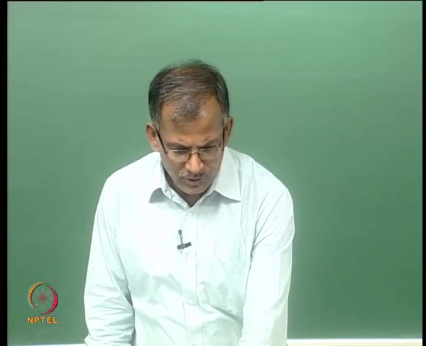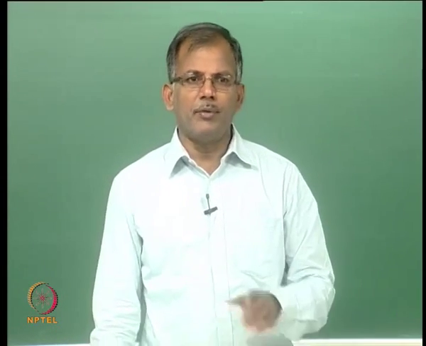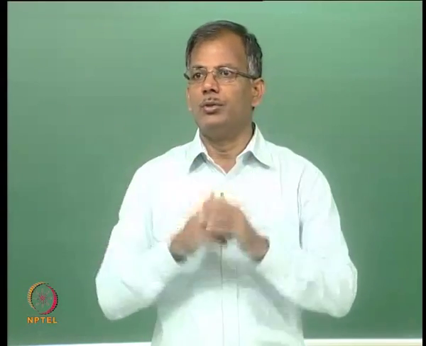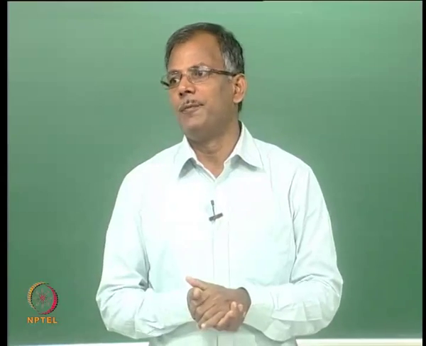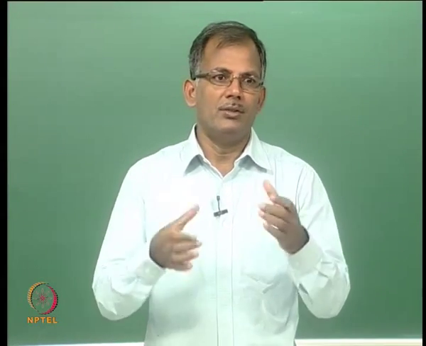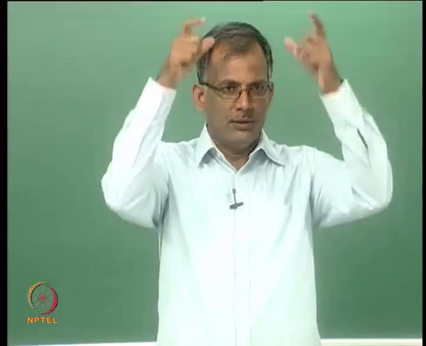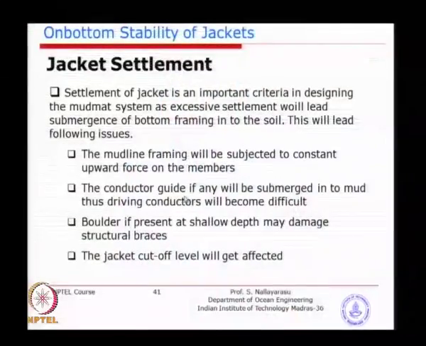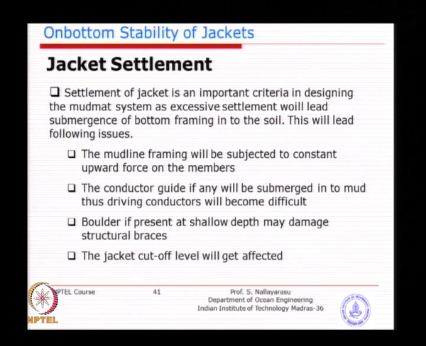So, what are the causes of this type of settlement? One of them is that the jacket cutoff will be affected, the level which you planned, so that you can put the topsides. If it is settled by half a meter, then you need to bring in additional structural steel and weld it, so that the deck levels will be maintained. You can see here the conductor support framing can go into the mud line. So, when you are inserting a conductor, you do not know where it is unless you excavate the soil. So, these are some of the effects that you do not want, so you want to prevent them from happening.